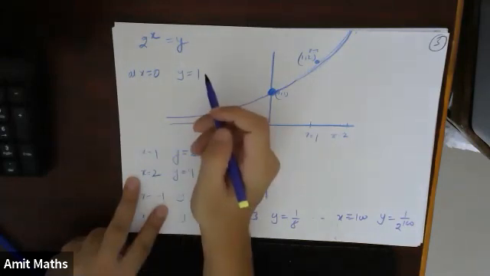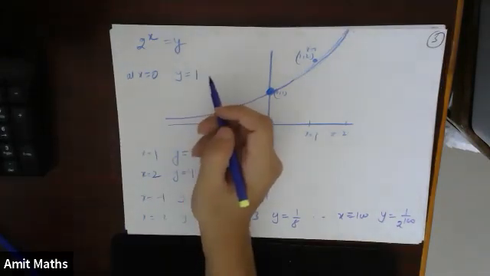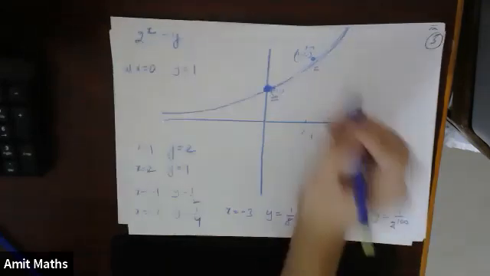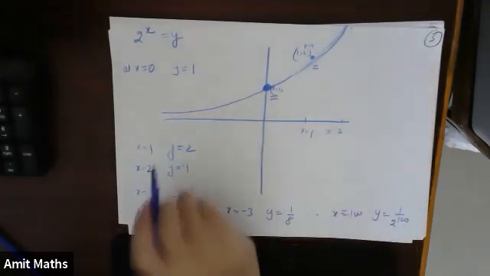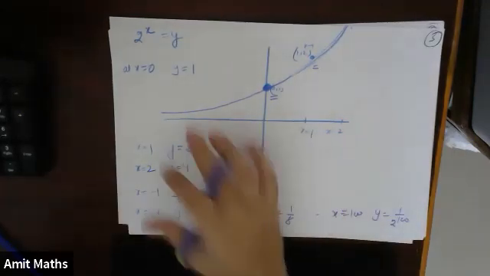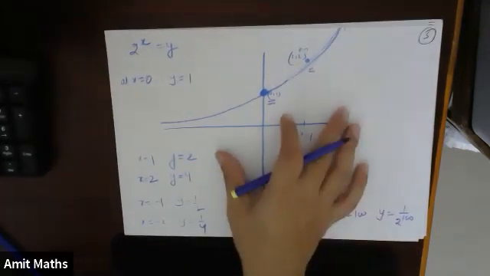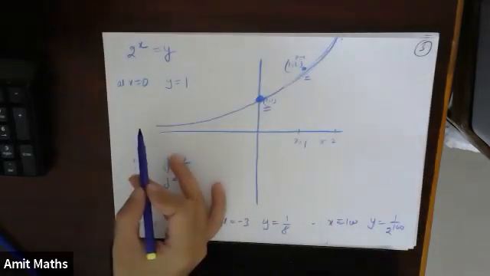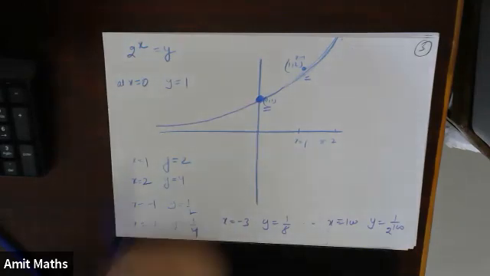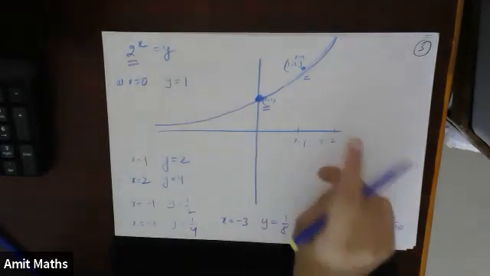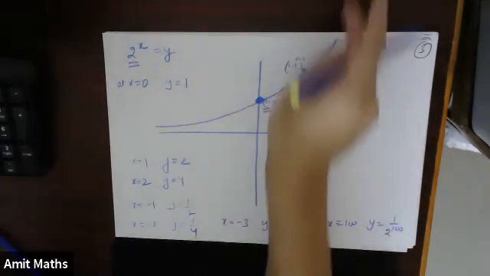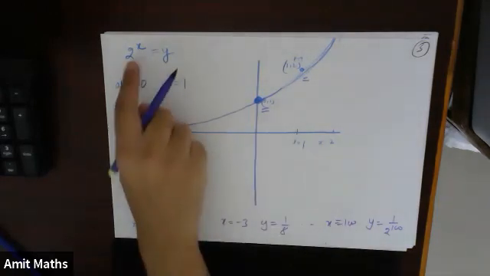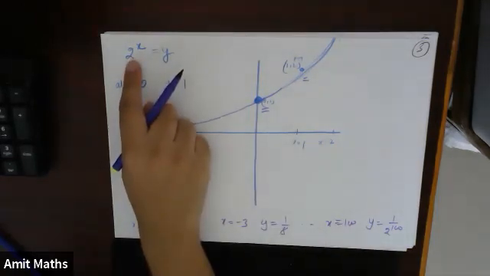And how can I remember? You just take 3 values: for x is equal to 0, for x is equal to 1, and for x is equal to 2. Now, over the period of time, when you keep on doing questions on exponential or logarithmic functions, you will remember that the curve will be either like this or something like this. For base greater than 1, you just take 3 values, 0, 1, and 2. If this is increasing on this side, it has to come like this. So this is the easiest way to remember the graph of the exponential function.